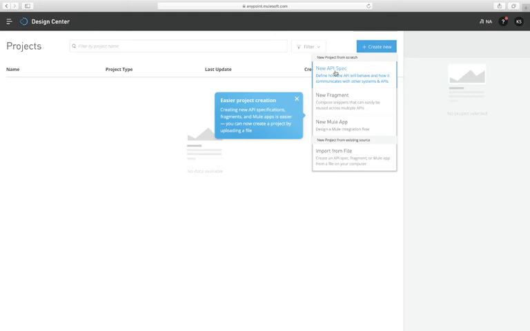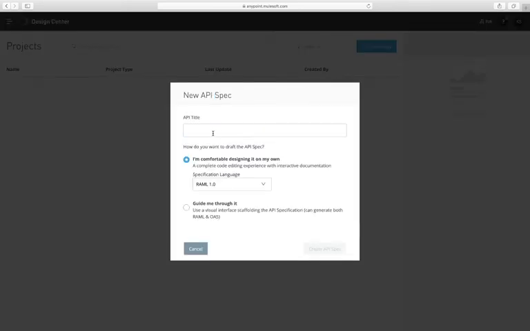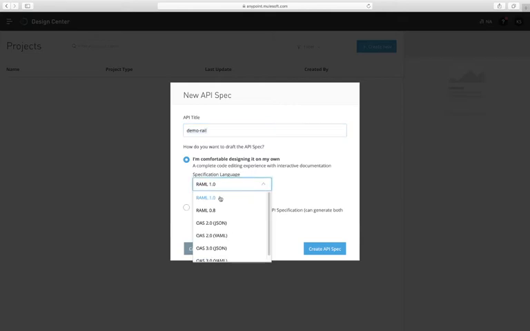Okay, so if I click on this, I need to give some name. For example, I am giving demo YAML, or we can give any logical name. Then here they ask: I am comfortable designing on my own. So you can specify the YAML type. You can see YAML 1.0, 0.8.